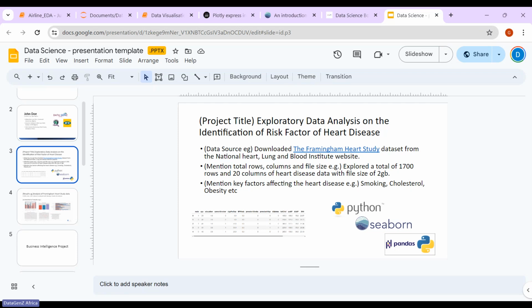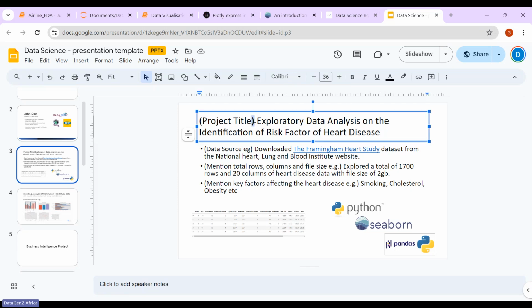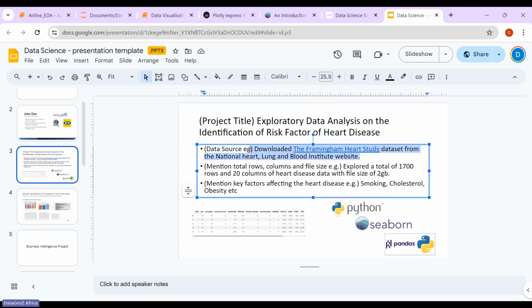Then these are the 3 slides that we want to focus on. The first slide focuses on the project title, what you're working on. This is an exploratory data analysis on the identification of risk factors of heart disease. You state where you got your data source from. This is just an example; you can delete all of it. You can mention how many rows and columns. You explored a total of 1,000 rows and 20 columns of data, and you can also specify the file size of the data. Then you can mention key factors, like